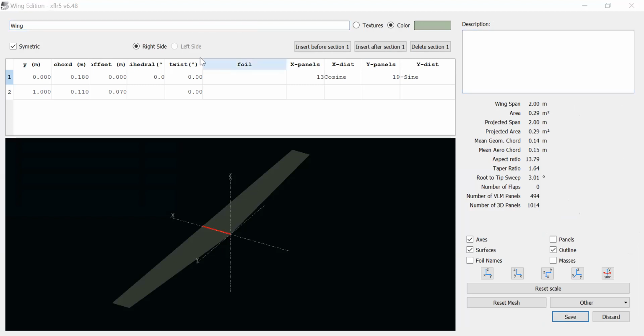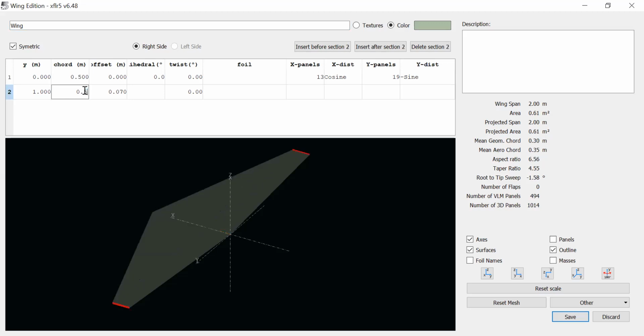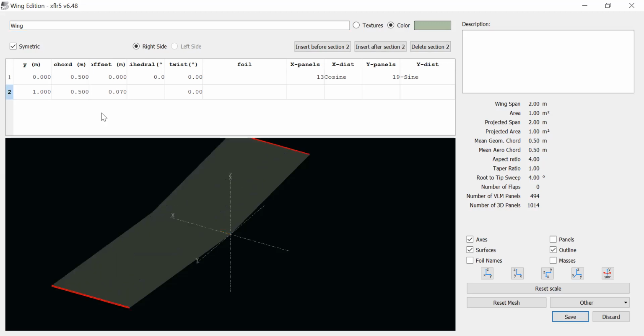But yeah, so we'll come here, and what we can do is adjust the wing here. So basically we can change all of these parameters that we want. So for this project, I just chose a chord length of 0.5. We could pick the chord length and wingspan just to match the aspect ratio that we wanted. So we had free rein over that. So I just chose a chord length of 0.5, and then to get the aspect ratio that we need,